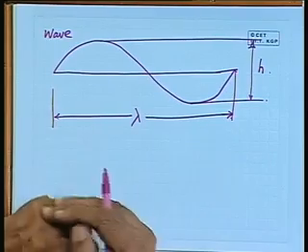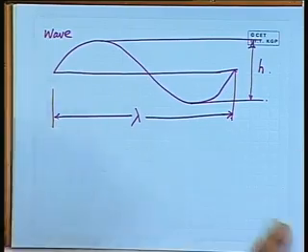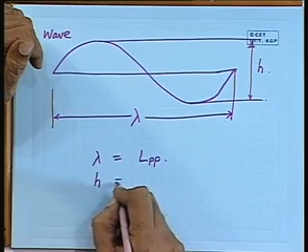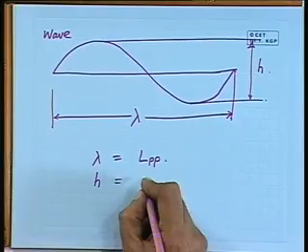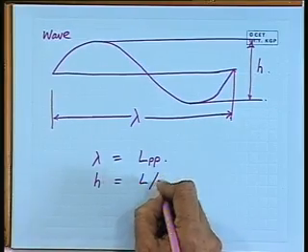We talked about lambda, that it should be somewhere near the length of the vessel. Why near? We will say that for our calculation purposes we will take lambda equal to length between perpendiculars. What is this height? So, we say that lambda is equal to LPP, and how much is height? Height has also to be defined. Now, height is taken as L by 20